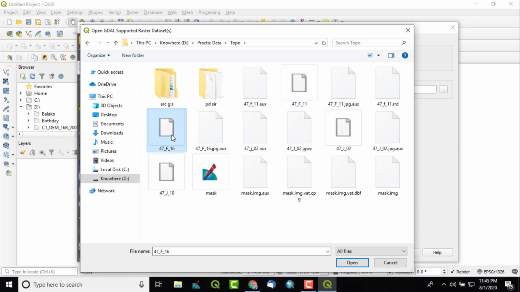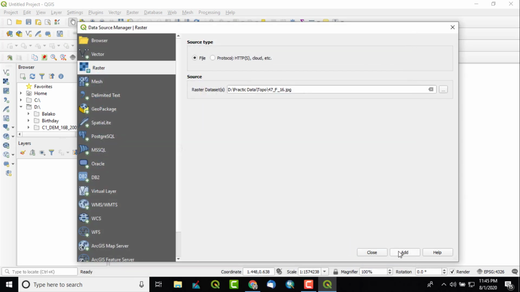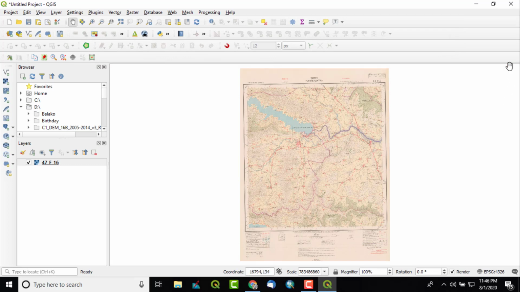Suppose I have a scan map which is a JPEG image, JPG file. Just select and click add, and then close. So simply it has been added.